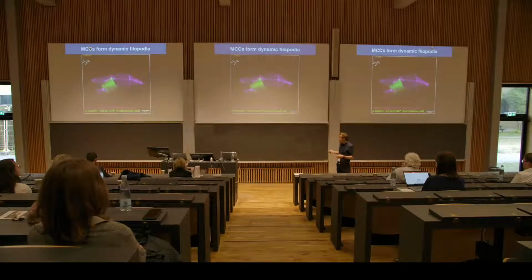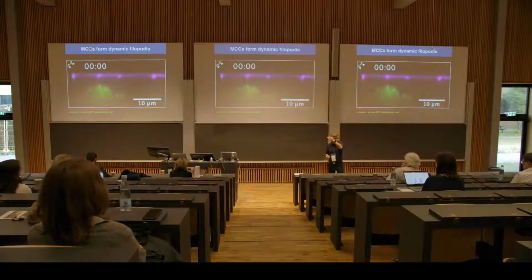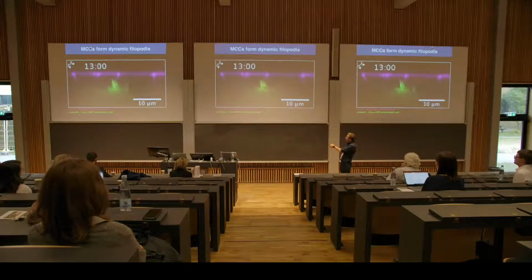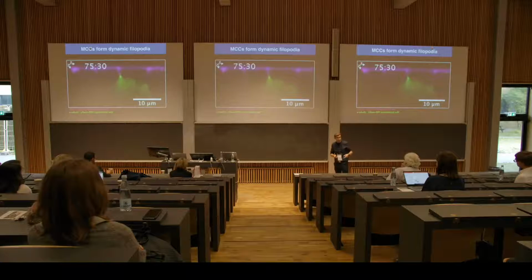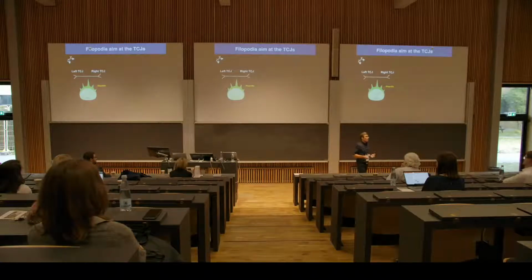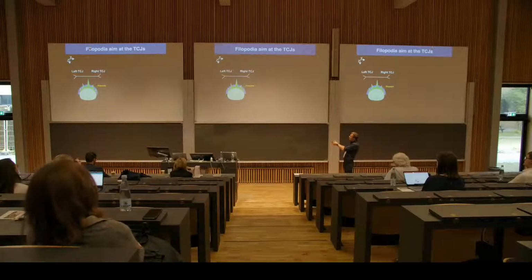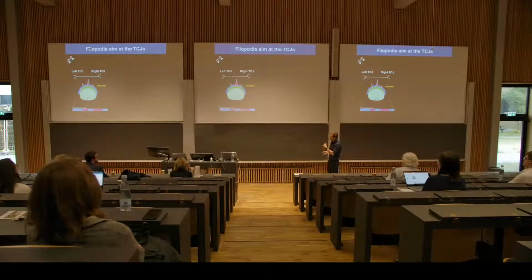To this aim, we first sectioned the movie along the vertical axis, which gave us this kind of representation where you have the body of the cell, and you can see these growing filopodia, and you can also appreciate the position of these tricellular junctions. In the second step, we quantify the position of the filopodia within the leading edge of the cell. If this is a schematic representation of the cell, you have this filopodia growing here. We automatically segment the leading edge of the cell and score the position of filopodia within this leading edge. This gives us something we call the filopodia index,